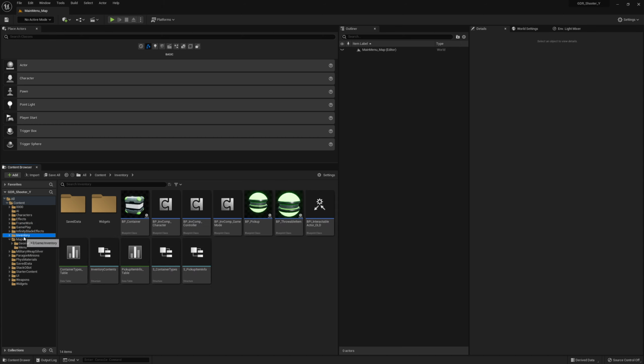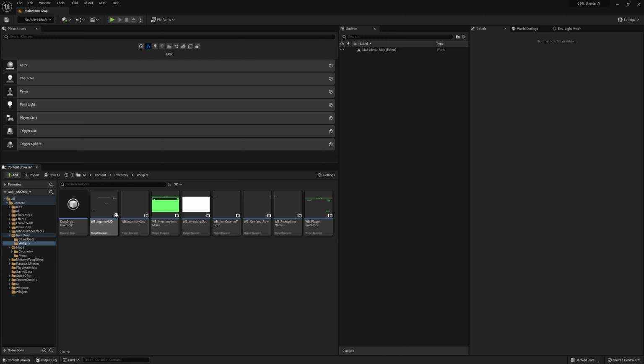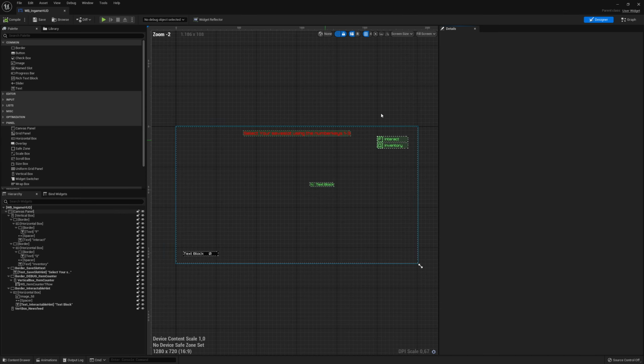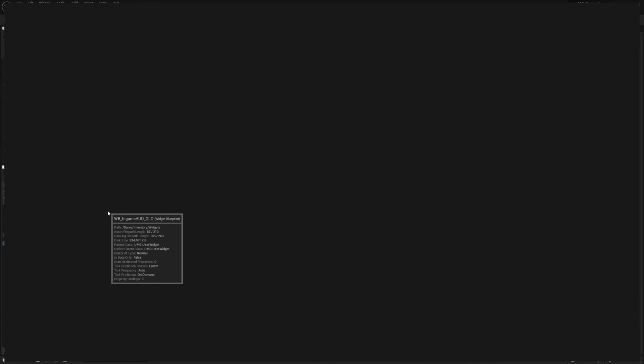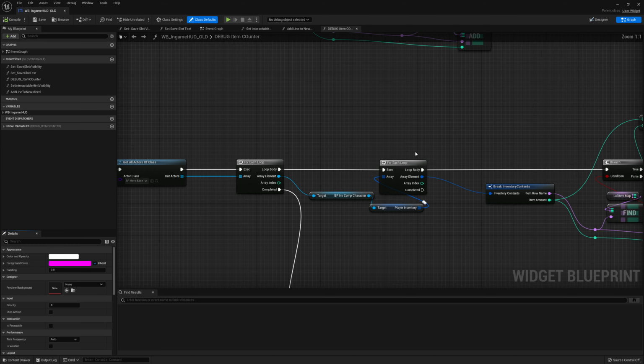Let's go to our inventory widgets folder, and in here we're going to rename the HUD to _old. So we have our widget blueprint in-game HUD, and we want to rename it, and we're going to add a suffix old. Then first of all, let's make sure that we open up the old HUD, and in here for the graph we want to make sure that we grab our debug item counter,